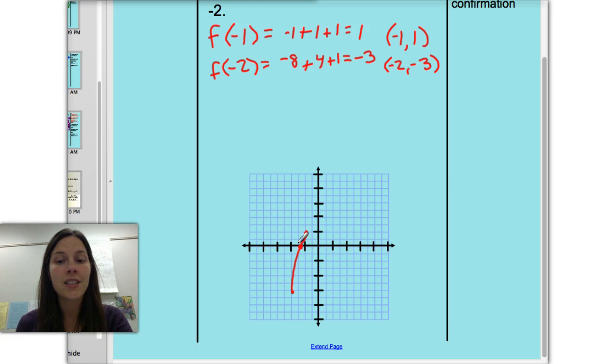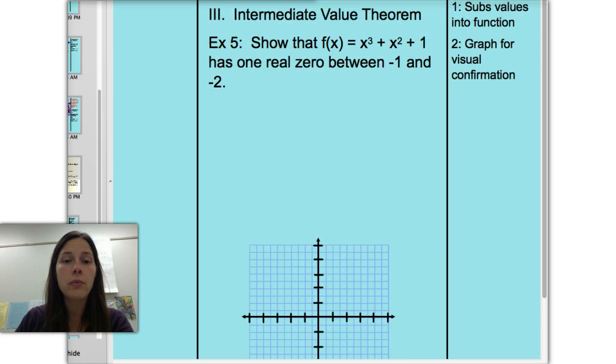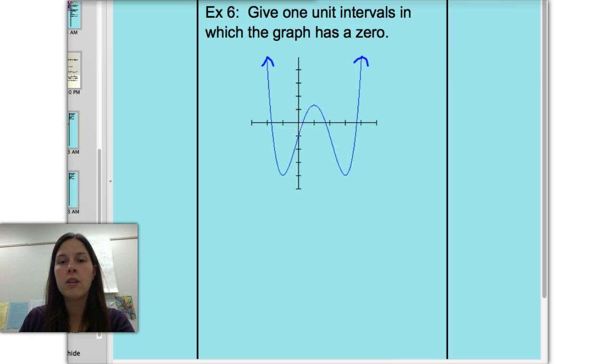We're not actually asked to find the 0, we're just asked to show that there is a 0. So either saying, due to the intermediate value theorem, because 0 is between 1 and negative 3, there will be a 0, or you can graph it and show graphically that the graph will have to cross the x-axis at some point between those 2 ordered pairs that we just got. The other way we can apply the intermediate value theorem is by looking at a graph and determining where the zeros are. Now this one, the zeros aren't nice ordered pair integers,